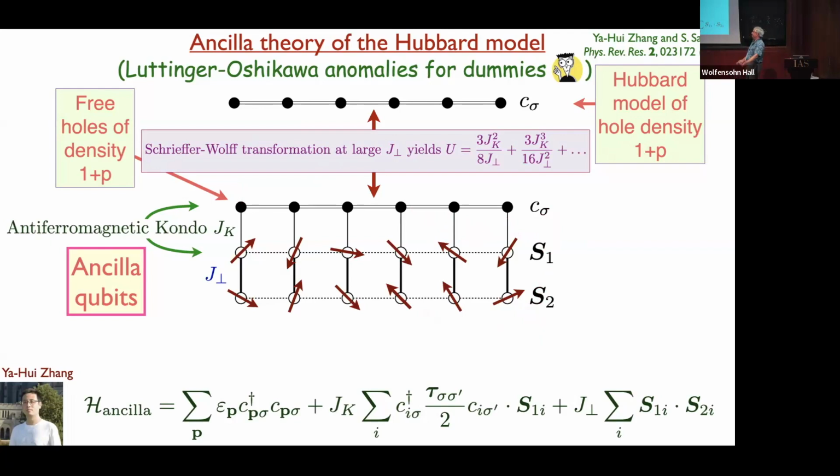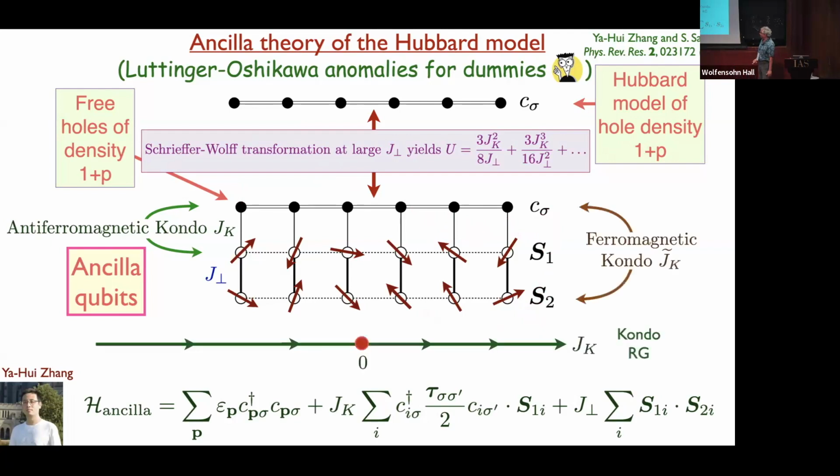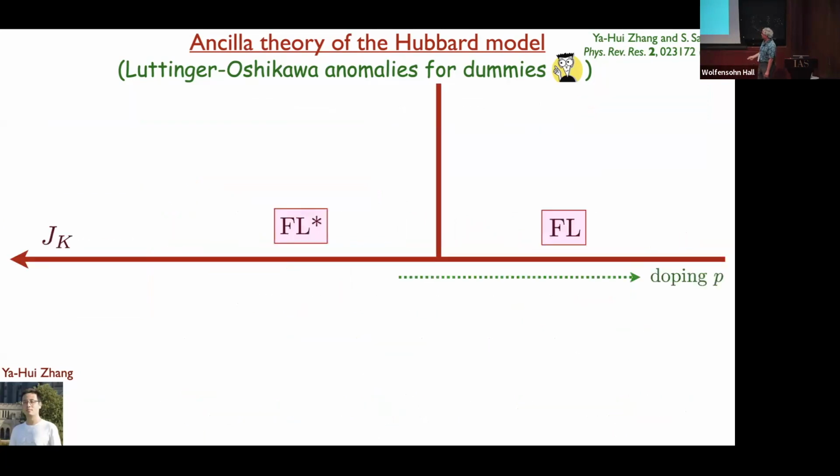Well, that's a question of terminology. I think Senthil came up with FL star. So it's a Fermi liquid, yes, because the quasiparticles are electrons and have exactly the electron quantum numbers. Everything Sohn talked about, I can apply to that Fermi surface. But now this system has another set of excitations, which are the spinons of this spin liquid.